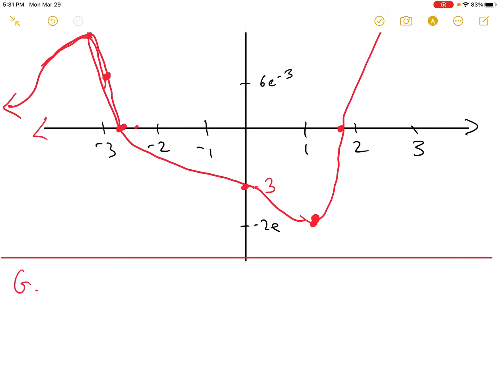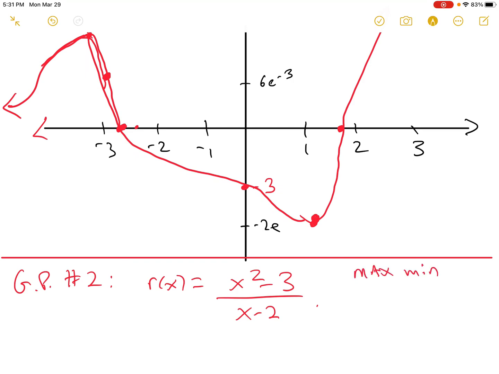And so here's guided practice number 2 to do before you see me in a few minutes. So it's x squared minus 3 over x minus 2. Same instructions, max mins, intervals of increase, decrease, and a good graph. We've learned how to graph these rational functions before, so